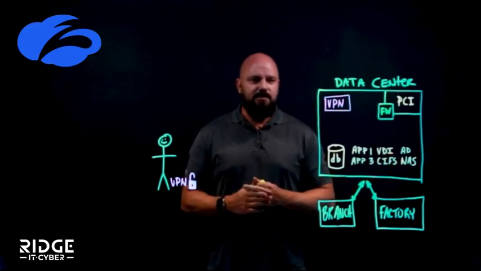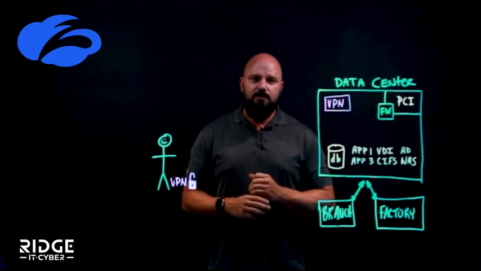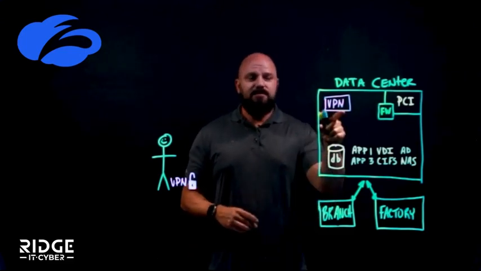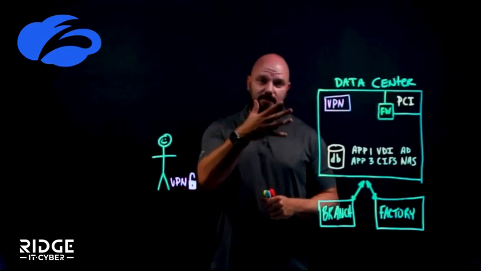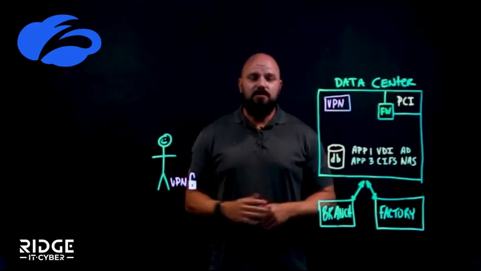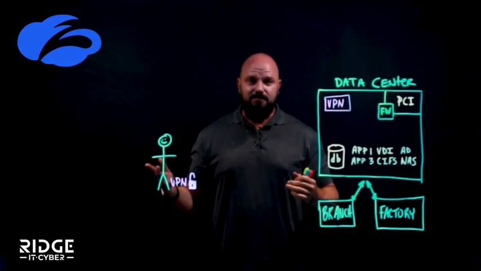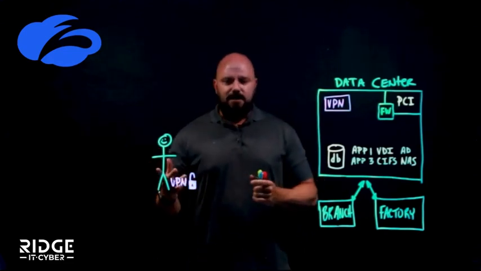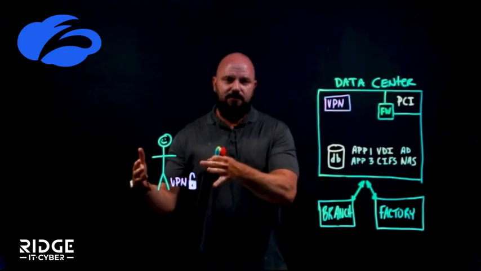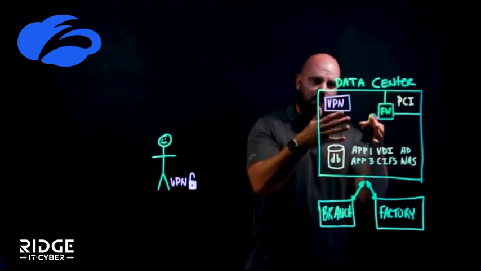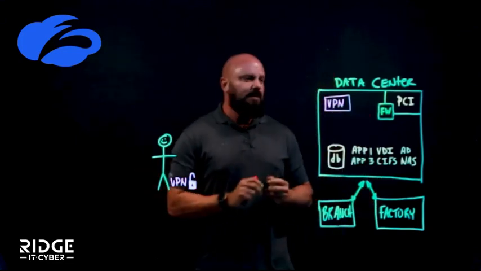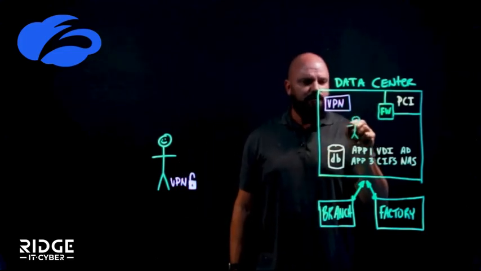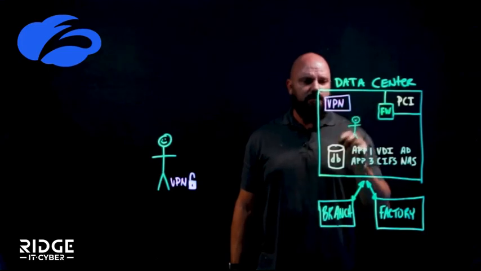When we look at this, there's one fundamental flaw in VPN, which is if I can reach it, I can breach it. Yes, this thing is sitting here listening for users to come in and talk to it, but it's also listening to the anonymous internet. That's the first problem. Two, on VPN, you're taking these users that are off the network and you're putting them onto the network. Effectively, when they're on the network, they have the ability to talk to anything, and there might not be a firewall in between, right?